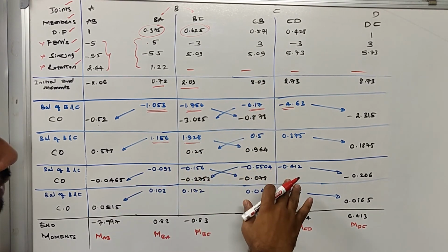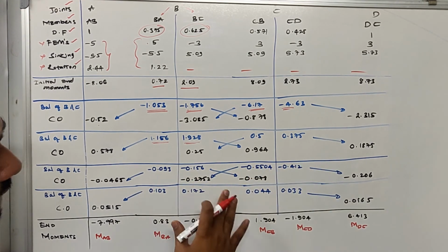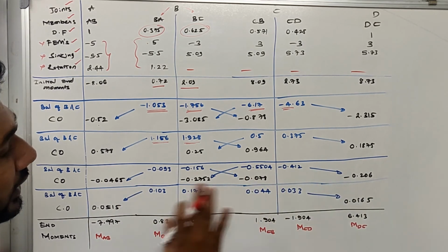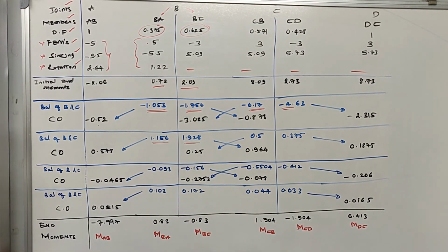After that I'll carry over. So this is the last iteration. After this, I'll balance and I'll carry over for the far ends only. I'll not carry over in the internal joints. If I carry over in the internal joints, I have to go for another step, right? So after this, I thought this was more than enough. The end moments that I calculate will be far more precise, right? So considering the limitation of my precision, I have solved the MAB, MBA, MBC, MCB, MCD and MDC.